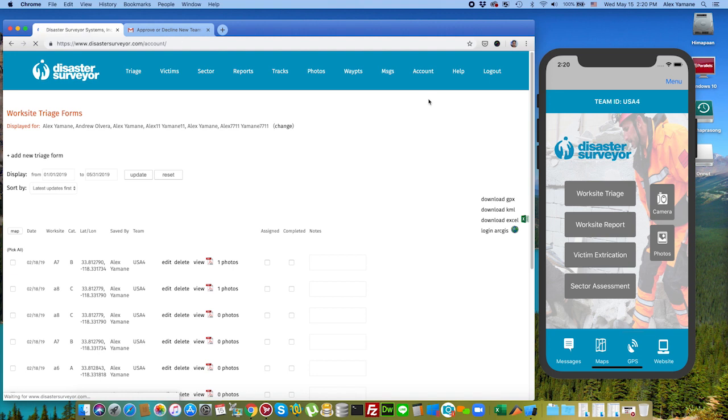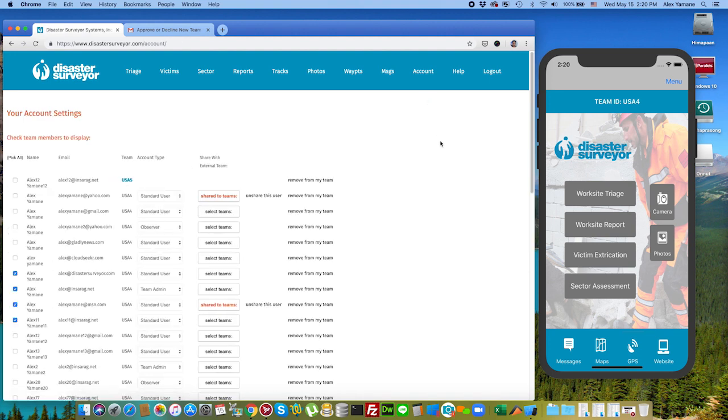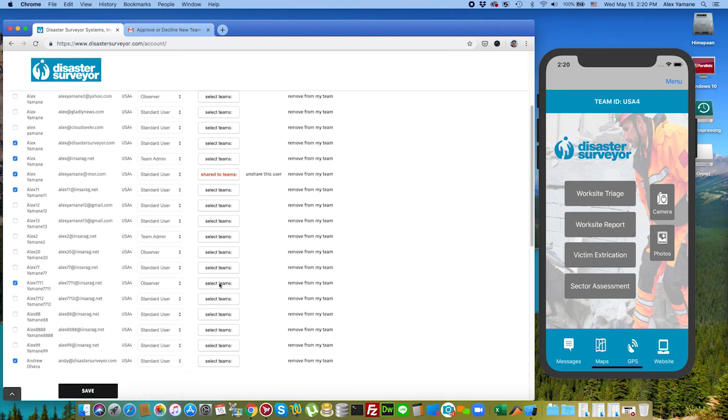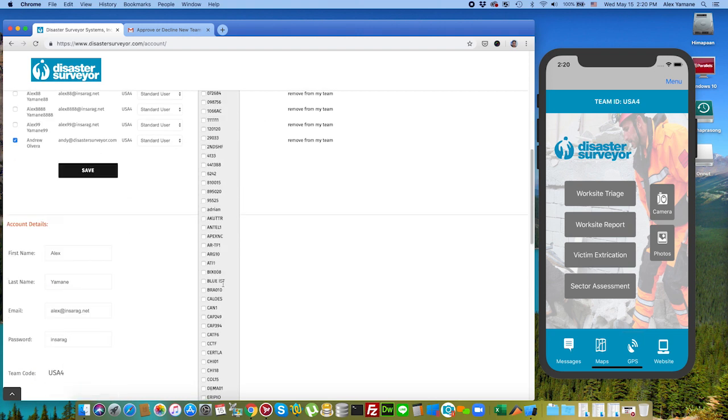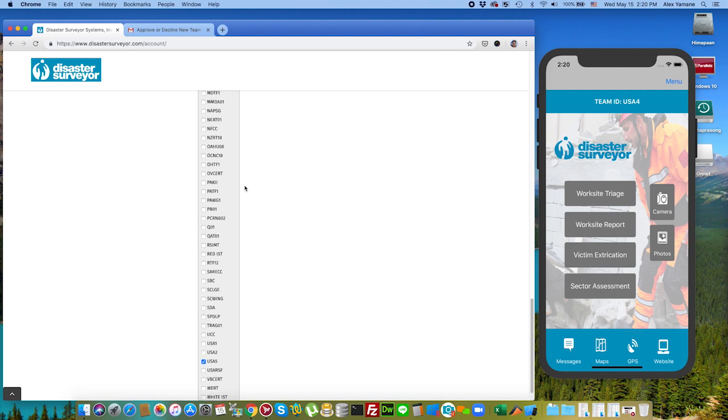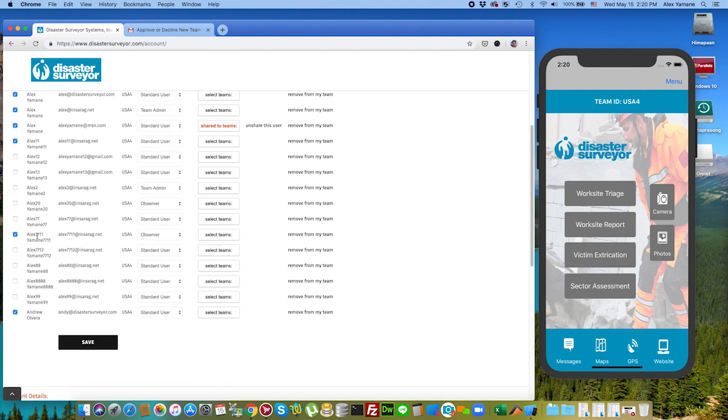A couple other things we want to go through really quick here. There is an ability to create ad hoc meshed networks of different teams, as well as create multiple horizontal teams that all report to a master account, for example. Now, to do that, what we do is click on the drop down for select teams right here, and choose a team that you wish to share this information to. So for example, we have a test account called USA5. So if we select USA5 for this particular user, Alex7711, and click Save,